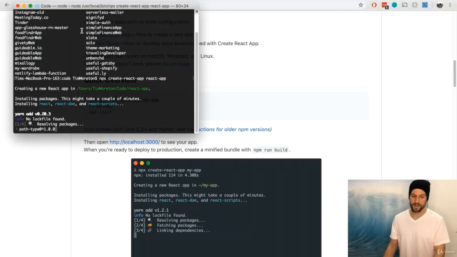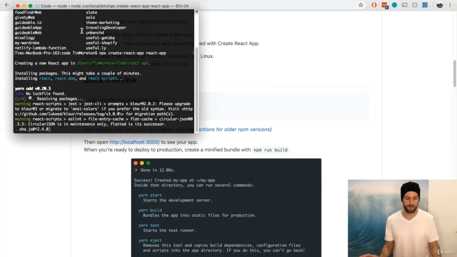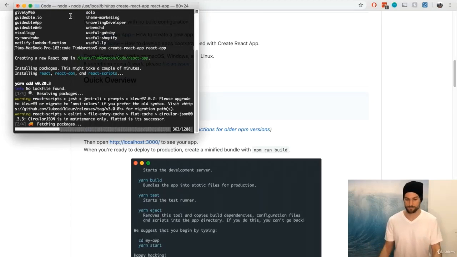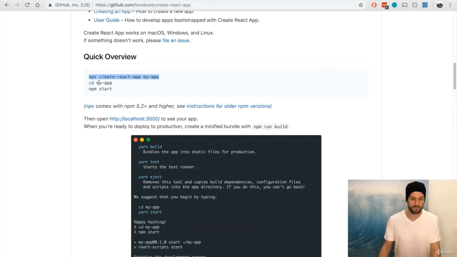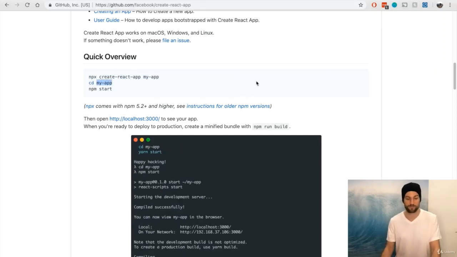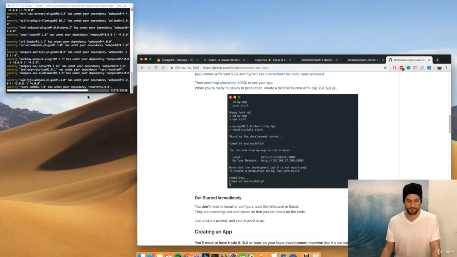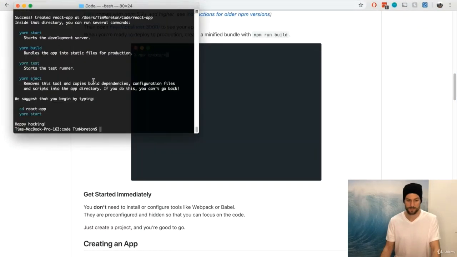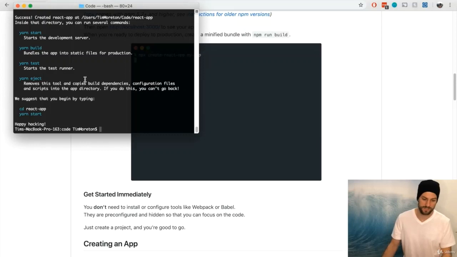And that'll go in and get everything set up on its own and create a repo for us to get started coding. And then once we're done, we're going to cd into the name of our app. So we didn't call it my-app, we called it react-app. So we're going to cd into react-app and then npm start. So right now you can see it's still getting set up. So here we go. Here are the commands itself. So we're going to cd